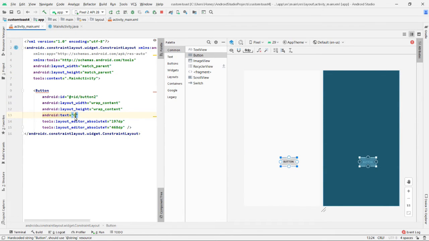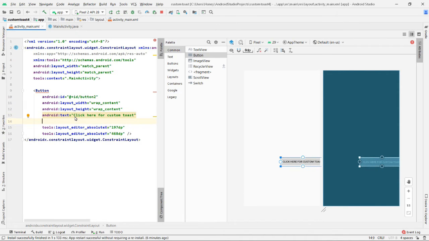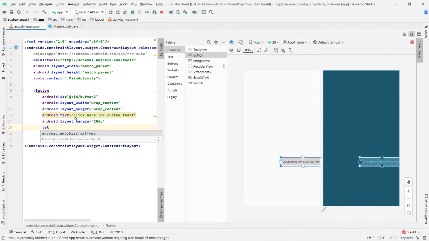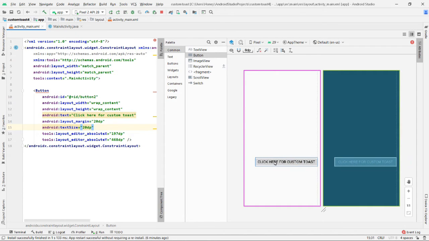I'll name the button as click here for custom toast. Set the margin as 20 dp and text size to 20 dp.